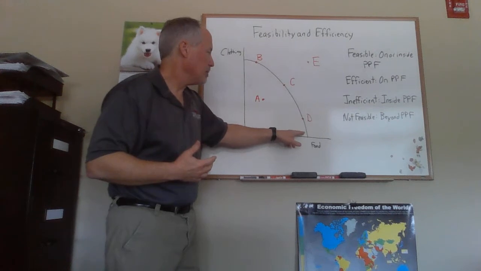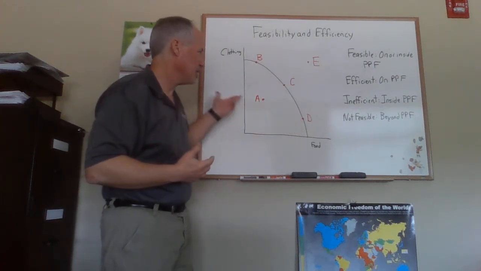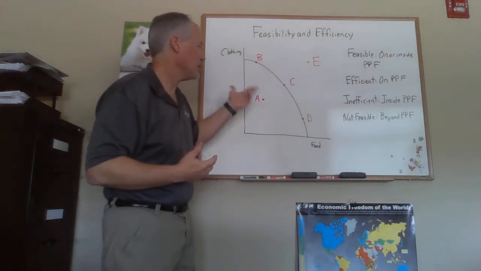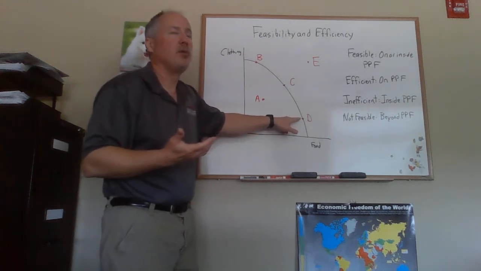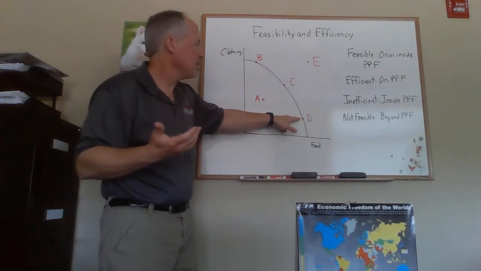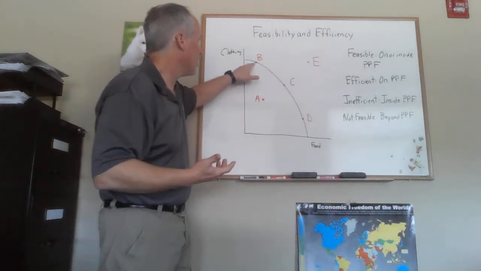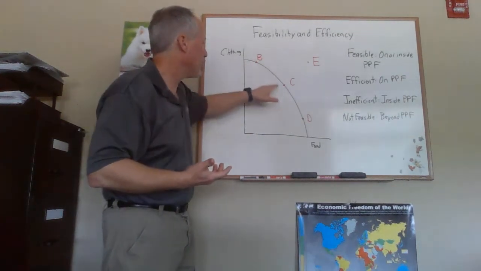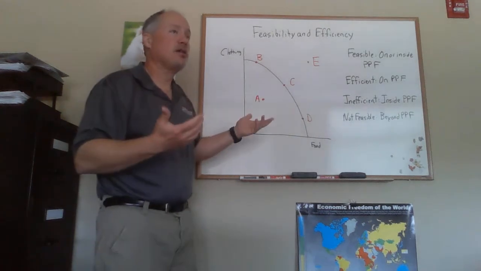It's possible that maybe the people in this economy like a lot of food and they don't care to wear a lot of clothing, or they don't care to have a lot of different types of clothing. So it's possible, depending on preferences of people in the economy, they might like a point like D. So there's nothing in that sense wrong with D. And then when we look at B, well, it's got a lot more clothing than food, but we don't want to say that's a bad thing, because it's possible